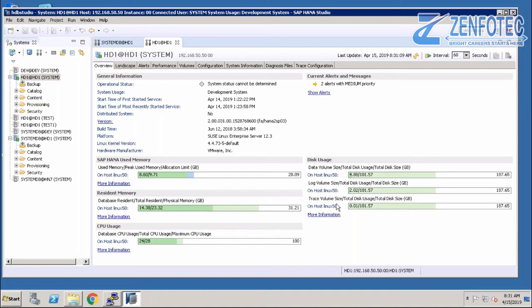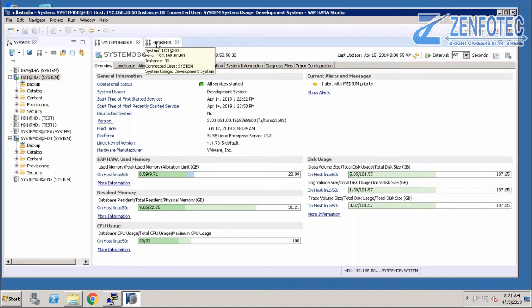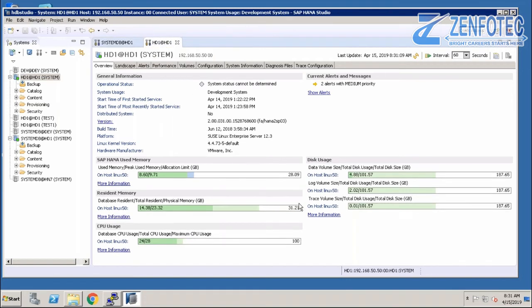The only difference is your data volume. Data volumes will be different for your tenant and the system DB. All others will be common, because it is shared. Even memory is shared, so memory is common. Everything is common. Clear this one? So you monitor everything from the system DB, and for database growth, just monitor from the tenant database.